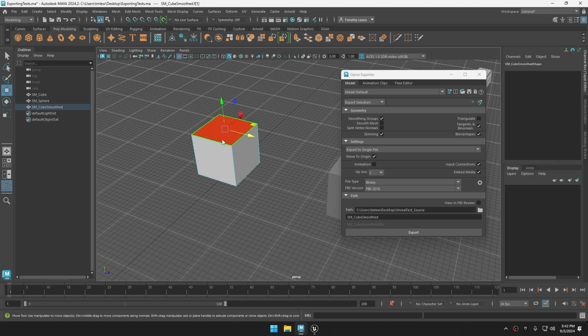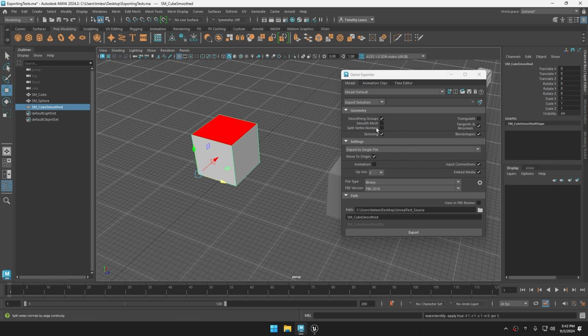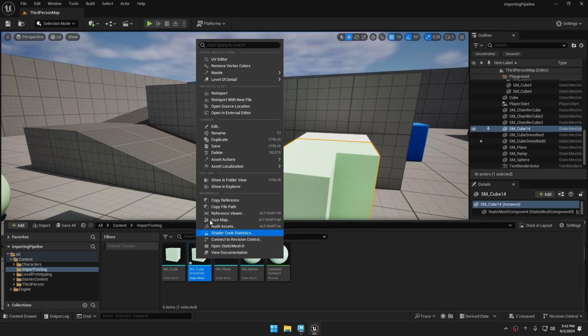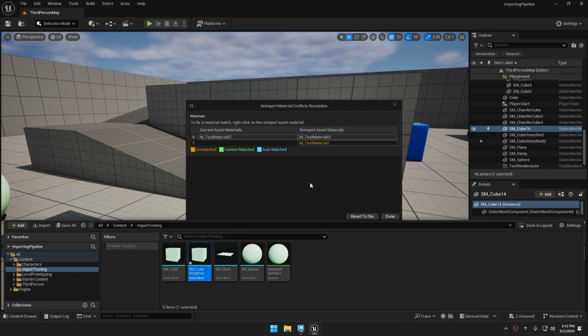Now that I've done that, this object has 2 materials and it'll import into Unreal as 2 material slots. Control-Alt-Shift-D and F to delete history and freeze transformations. I still have the game exporter open, so I'm going to export, replace, go back into Unreal, right-click on it, re-import, and now it's telling me, hey, this one is still what the old one was, but you have a